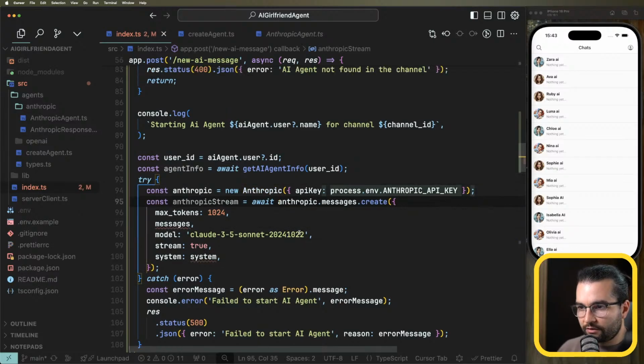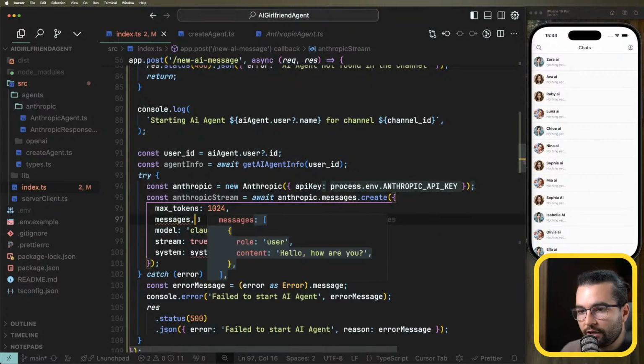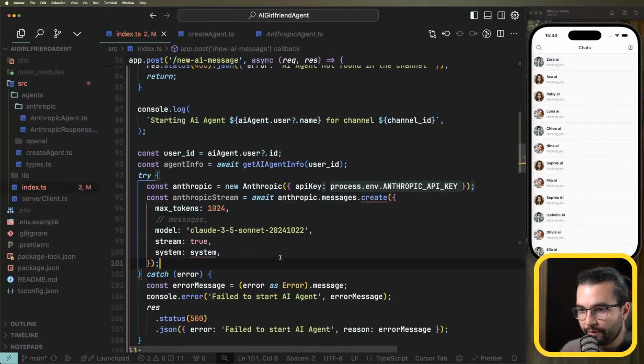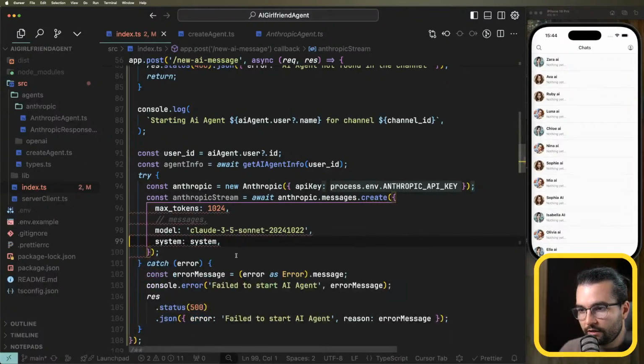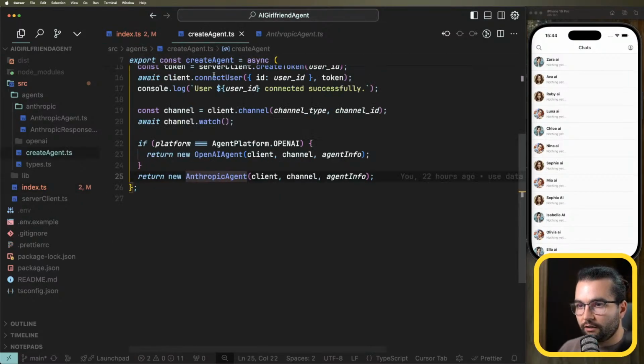Now I have access to Anthropic. Message create. I don't think it will have any messages, so maybe it's going to be empty. The model okay. Stream, let's do stream false in this case. Can I do false? And system is going to be